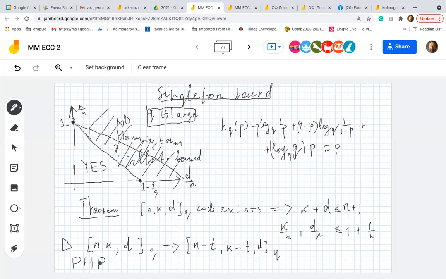And here we can round n over k to the smallest integer which is larger than n over k. That means we can take the ceiling, not the floor. And in our case, the pigeons will be code words, and the holes will be their t-length prefixes. So we consider all the code words,